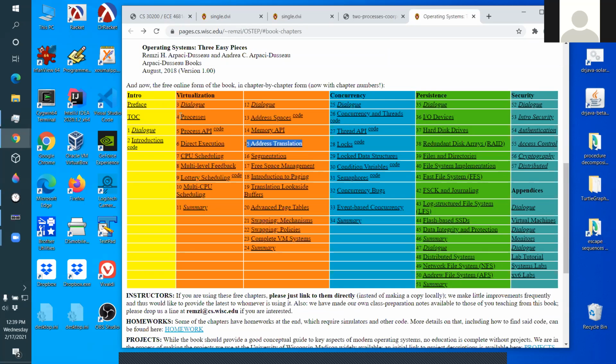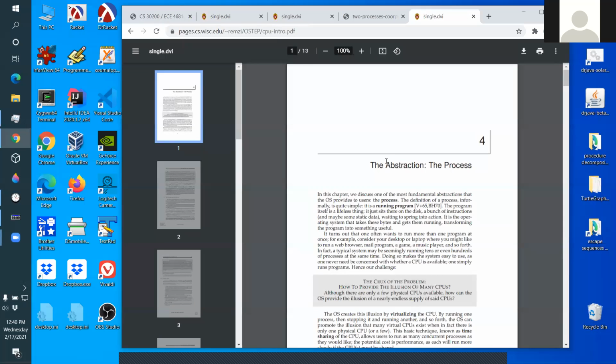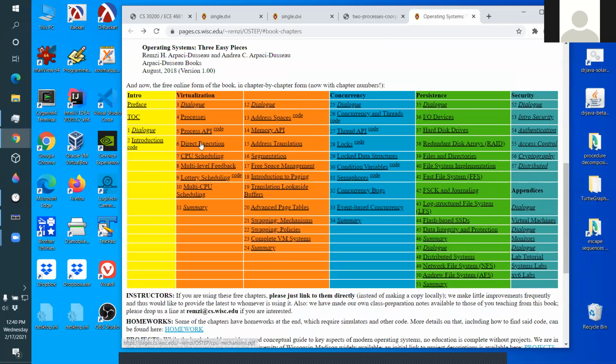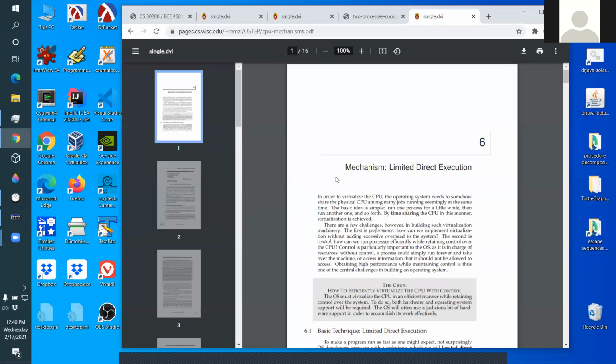Over here we have an abstraction and a mechanism. He didn't put those words in the table of contents. I think he actually should have, because it's one of the themes of the book. It's actually a theme in all of operating systems and through most of computer programming too. You program by first defining what you want. What is your abstraction? Then after you figured out what your abstraction should be, then you figure out how to